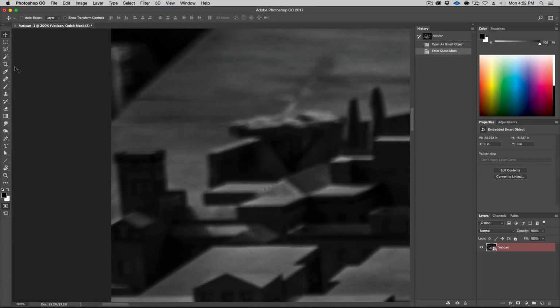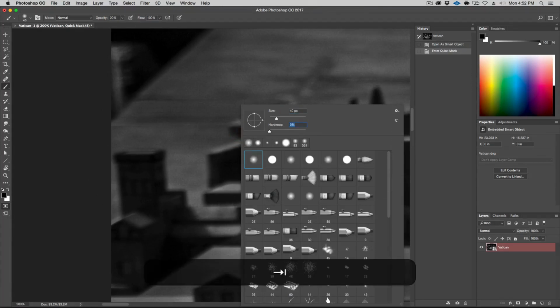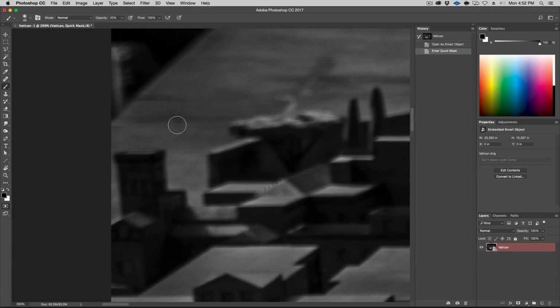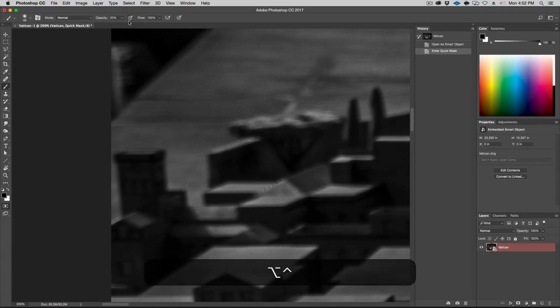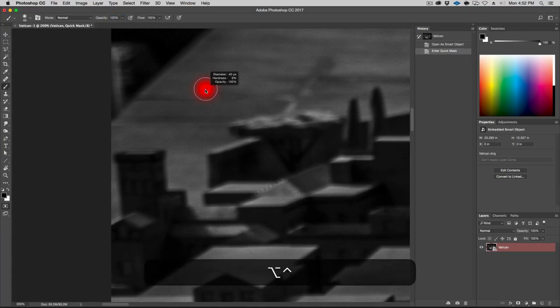Go to Quick Mask and B for brush. Let's take a small brush. Let's start with a 40 0 hardness. Okay, I'm going to be playing around. All right, let's make the opacity 100. It's important to play around with the size. Control Alt, like as usual, and up and down is the hardness, and left and right is the size. So I'm going to start with a pretty soft brush, and I'm masking out all this. Okay, and shift click. That is what connects the two clicks.